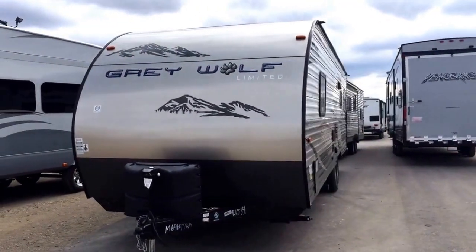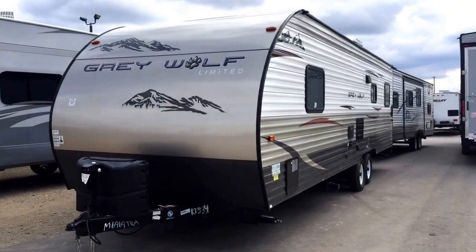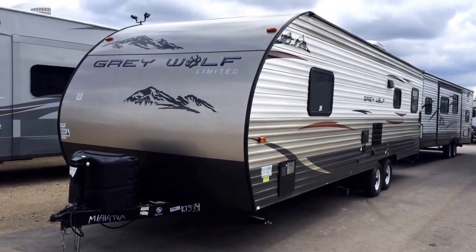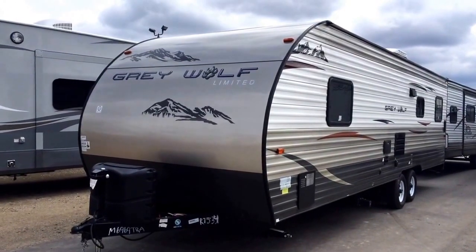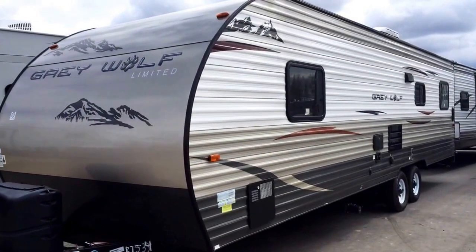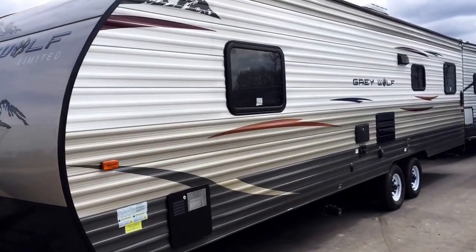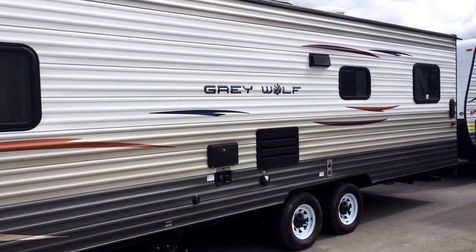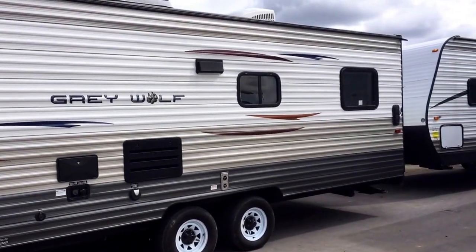The gentleman of the house sheepishly admitted he, on an impulse, went out and bought a big toy that doesn't fit within his Grey Wolf toy hauler. And they needed to get a bigger hauler. They swapped it out for a large Wolfpack, which is basically just the bigger brother of the Grey Wolf family. Grey Wolf and Wolfpack both belong to the Cherokee family of trailers,